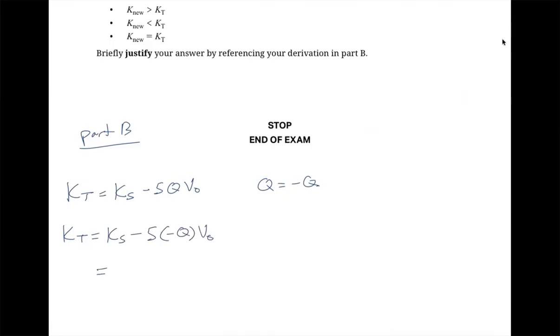And I believe when you multiply those two negative signs together, you're actually going to get the initial kinetic energy plus this change in electric potential energy. And so it seems like by changing the sign of the charge,